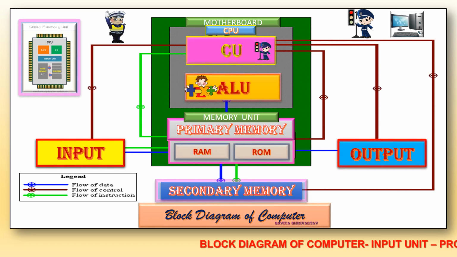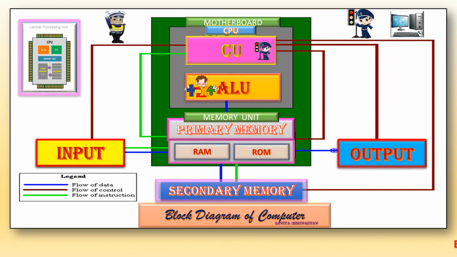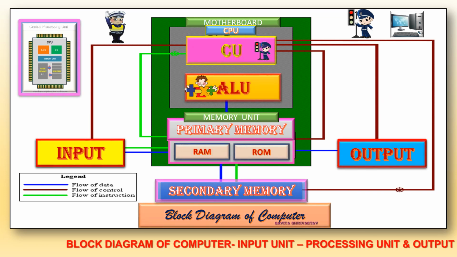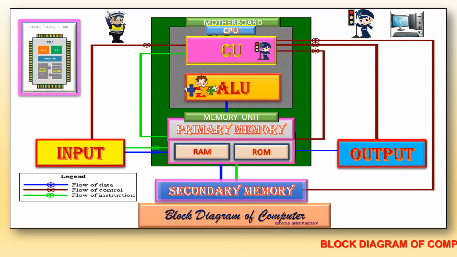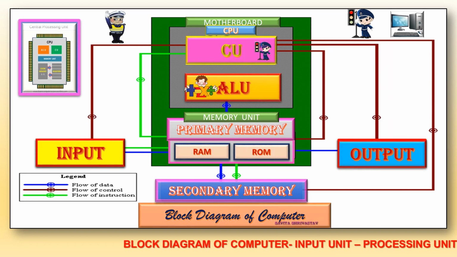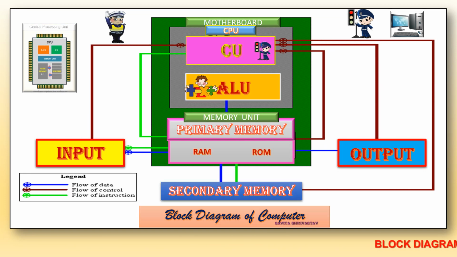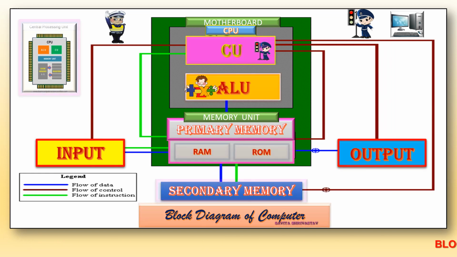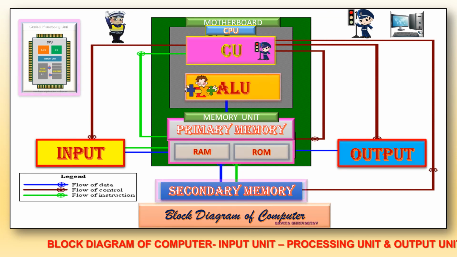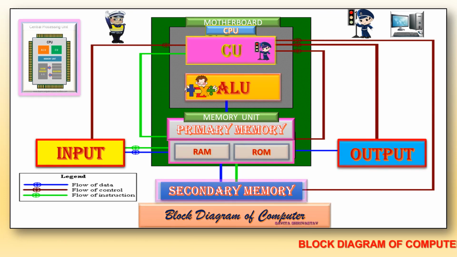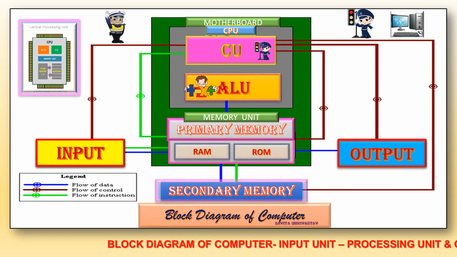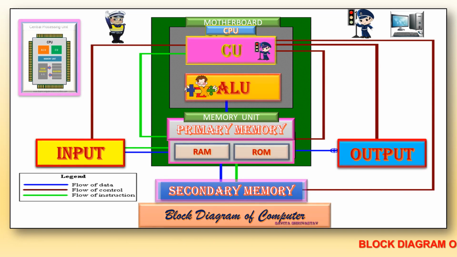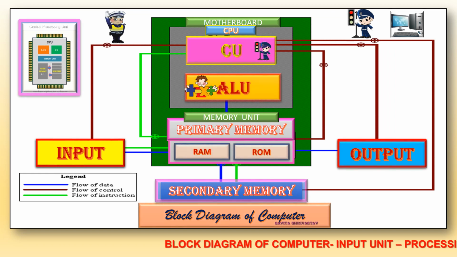Let us see the block diagram of computer. Computers work in three steps: input, process and output. The block diagram of a computer represents the various units present in the computer. There are mainly 5 units in a computer. First one is the input unit. It helps in maintaining the input devices of a computer. The input devices are used to input data into the computer. Examples of input devices are mouse, keyboard, joystick, light pen, etc.